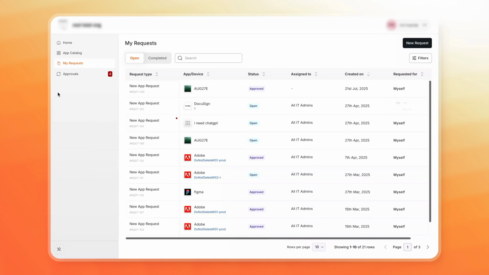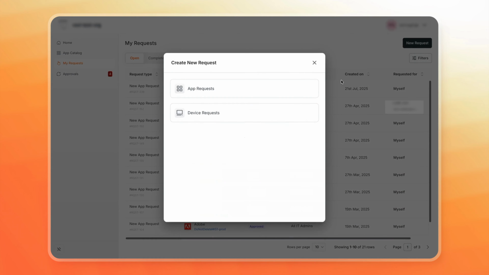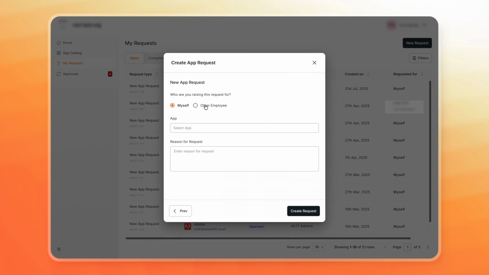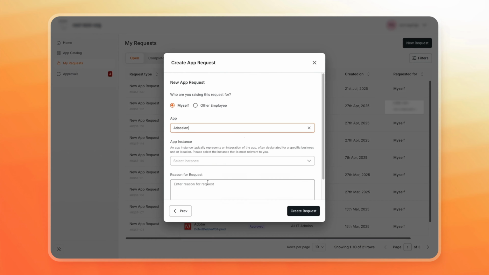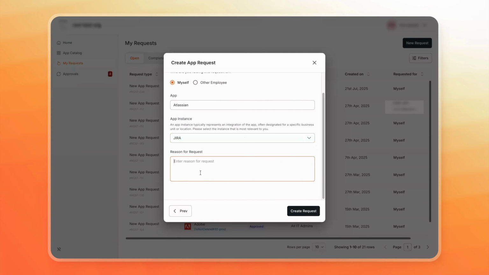Creating a new app or device request is simple. Employees can do this for their own access, or a manager can make a request on behalf of their report. Select the app you need from the drop-down list and specify an app instance if available. You can also add an optional reason for the request. If the desired app name is not listed, you can type it in for admins to handle as a manual